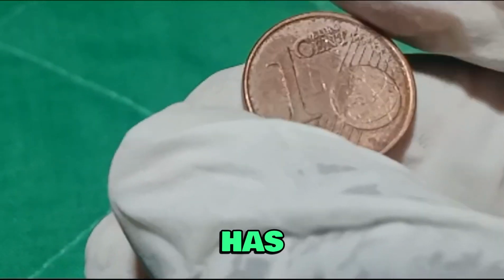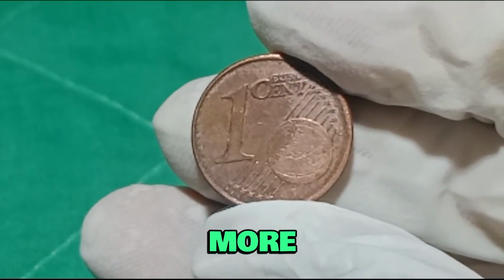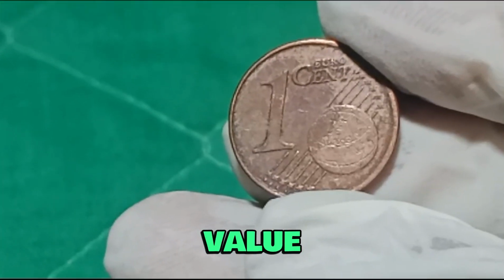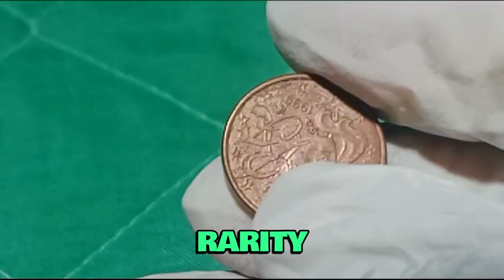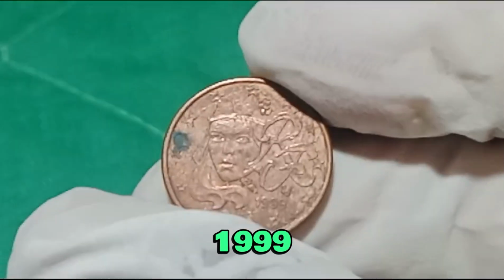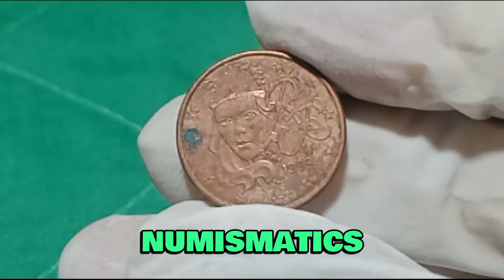After all, it has a face value of just 1 cent, so how could it possibly be worth more? Here's where the value of this coin goes beyond its face value. For collectors, the value of a coin is determined by several factors beyond its face value, such as its rarity, historical significance, and condition. The 1999 1 euro coin holds a special place in the world of numismatics because it